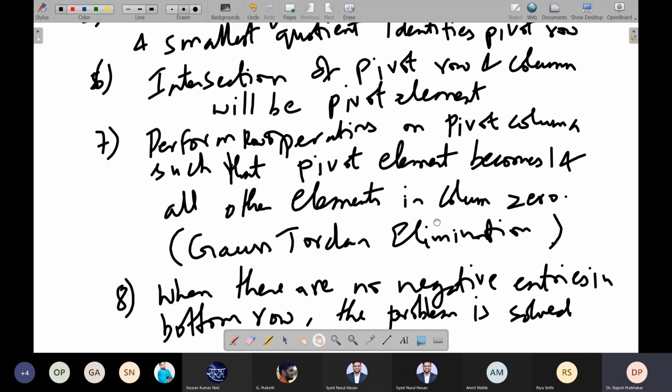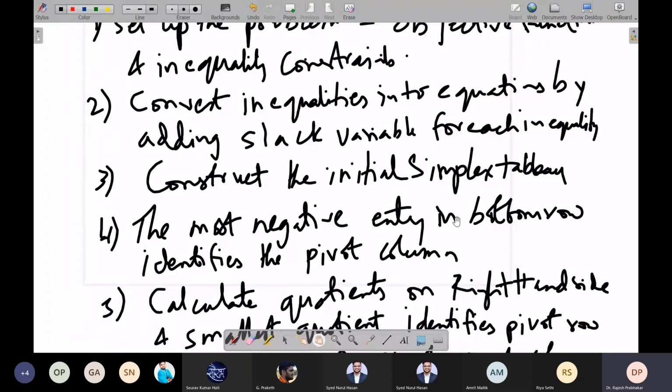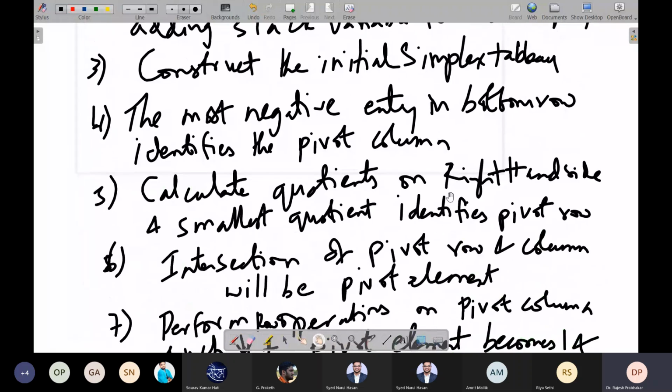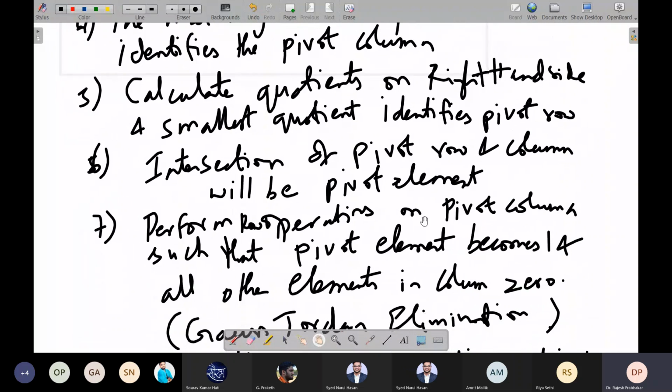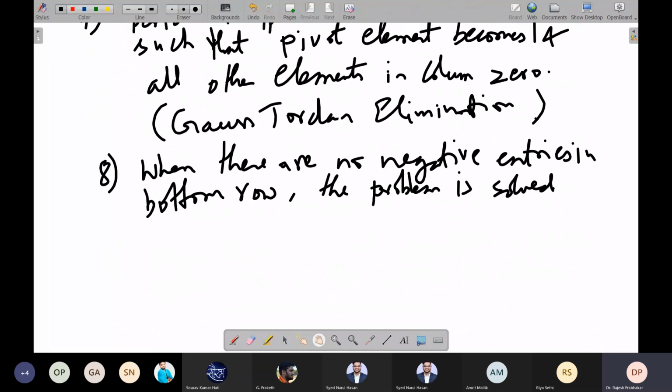So these are the broad steps you need to understand when performing the simplex method manually: identifying the objective function and the inequalities, then converting the inequalities to equalities using slack variables, then constructing the simplex tableau. Once you construct it, you identify the most negative element in the last row, which is your pivot column.